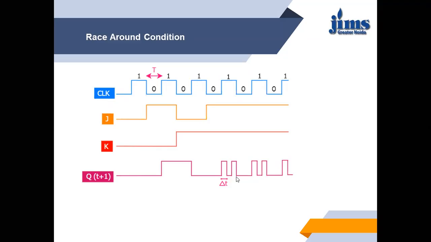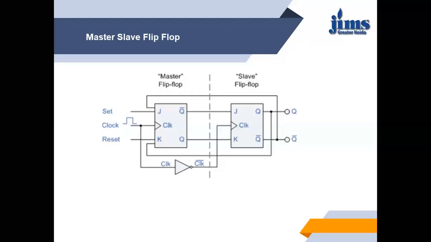Now to avoid this race around condition, we either use an edge triggered flip flop, because the edge will come once and the duration of the transition will be very less, or we may use master slave flip flops. So here comes the next slide, that is the master slave flip flop. What we do is we use two different flip-flops, JK or SR or T or D, whatever flip-flop we are using,